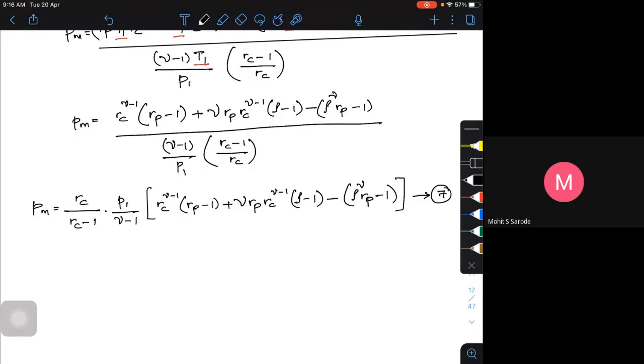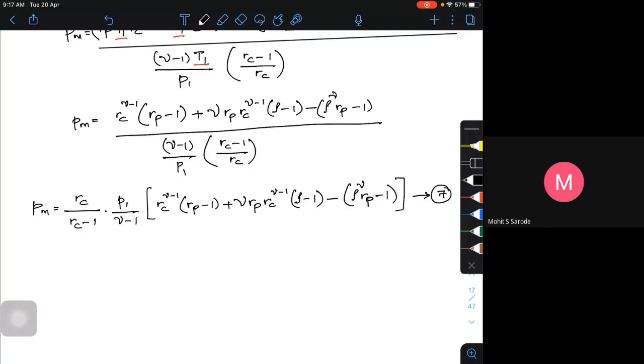This is the simplest form we can get. To do this, two things are important. One is getting all the temperatures T2, T3, T4, T5 in terms of compression ratio, pressure ratio, ratio of specific heats and cutoff ratio. Then, using the thermodynamic relation PV equals RT, getting the stroke volume in terms of those expressions. That's a simple logic, whether it is a diesel cycle, dual cycle, whatever it may be. That's how you have to get it.